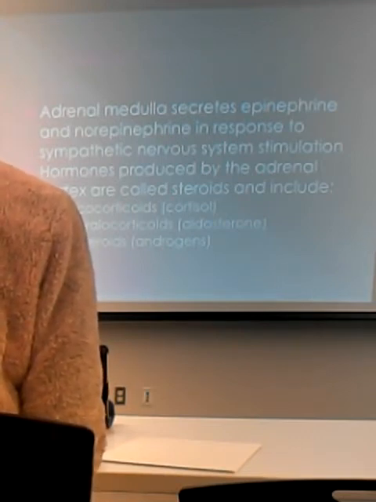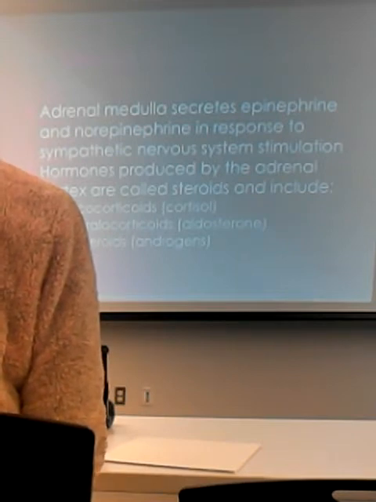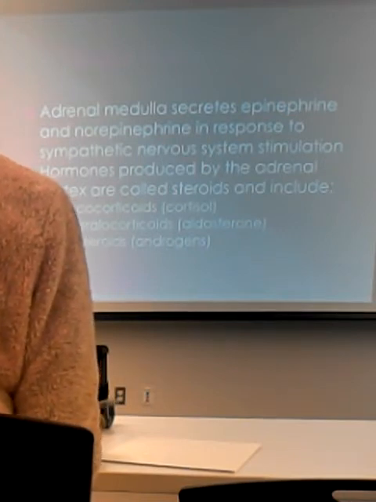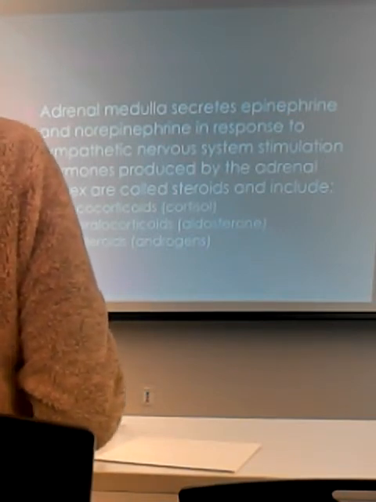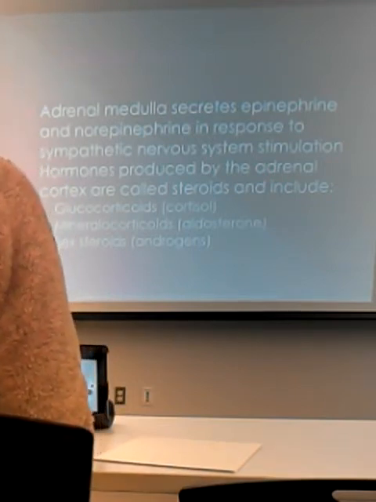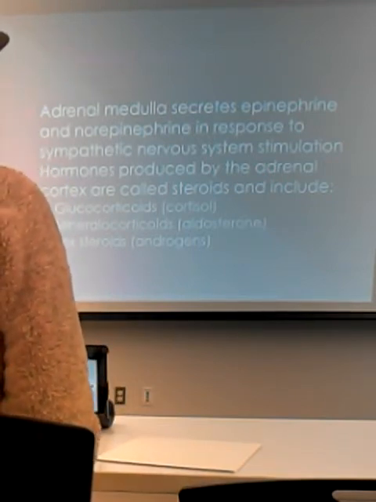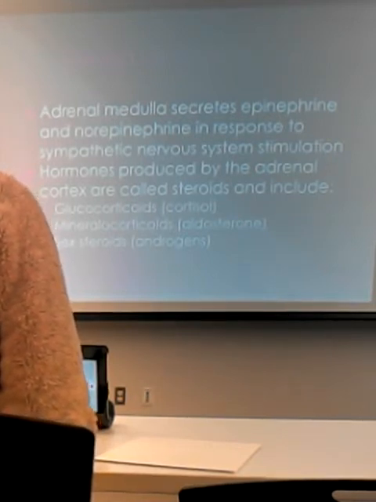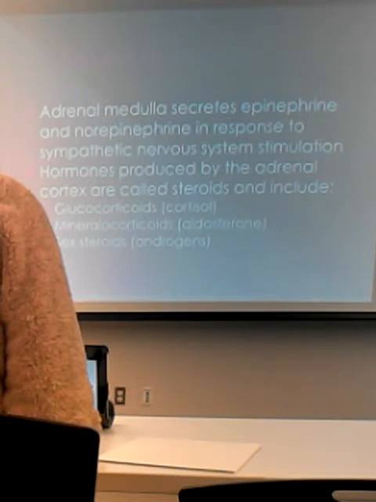Listen, adrenal glands, adrenaline. Adrenaline, epinephrine. Noradrenaline, norepinephrine. They're all interchangeable names. When you have the sympathetic nervous system firing because it's fight or flight, what happens? You need sugar, don't you? You need glucose to make more ATP to get away from whatever the cause of the fight or flight stimulus is. Does that make sense to you guys?